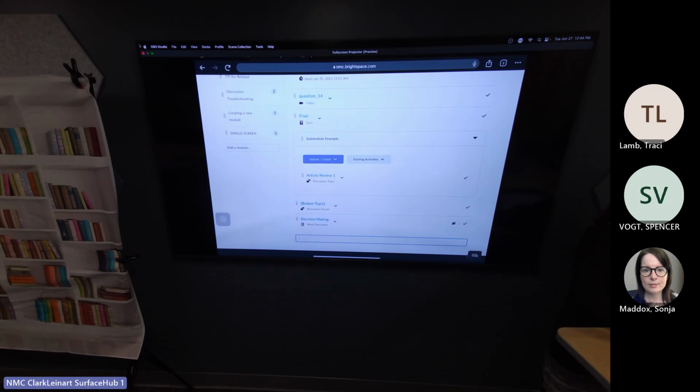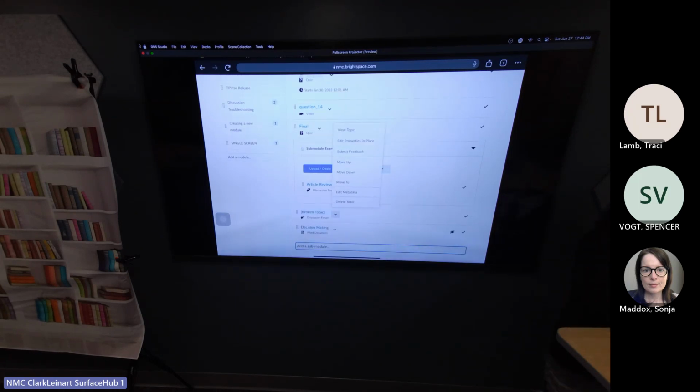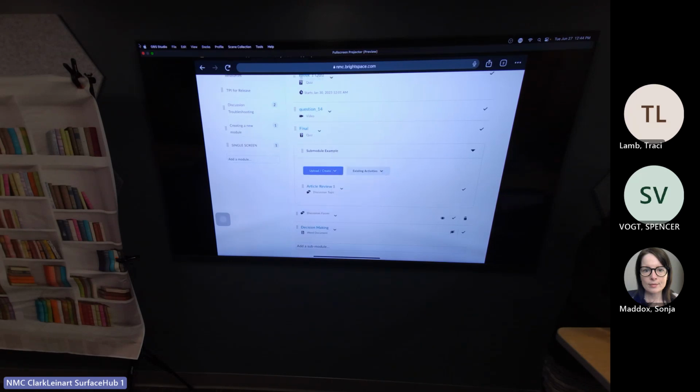Oh, here's a good one. Anywhere you see the words broken topic, especially if something's being moved over from another course, it probably means that, well, in this case, it's a file. Oh, no, this broken topic. You just want to make sure to match it up to the edit properties in place.